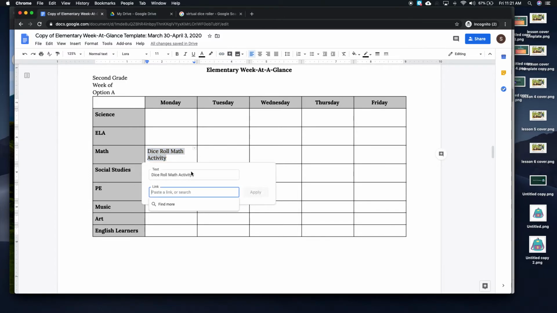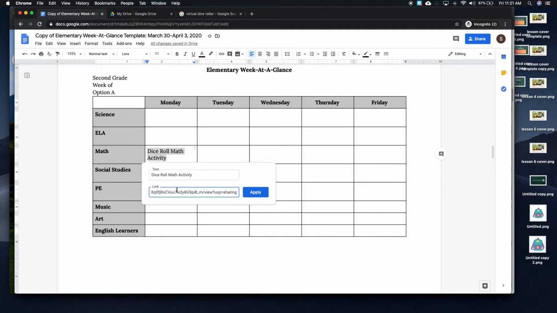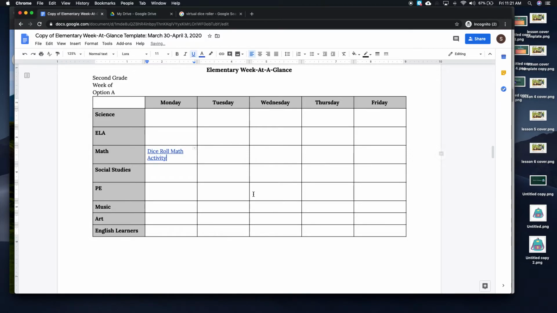I'll click on that and it'll open up an option to paste a link. So I'll search or I will right click and click paste. You can search for a link if you want to, but I already know exactly what file I'm going to be connecting. And I'll click apply. The text will turn blue, so I know I'm done with that process,